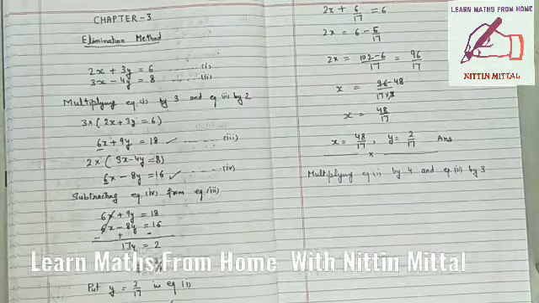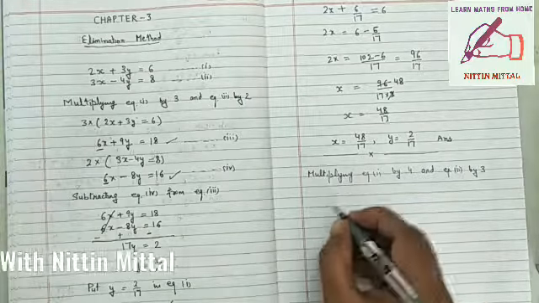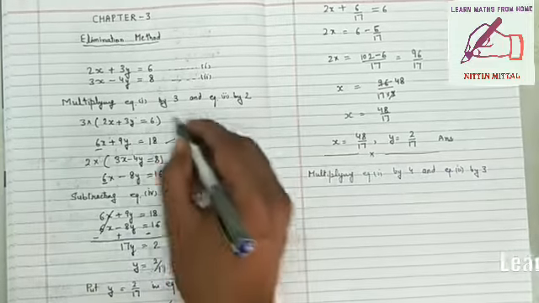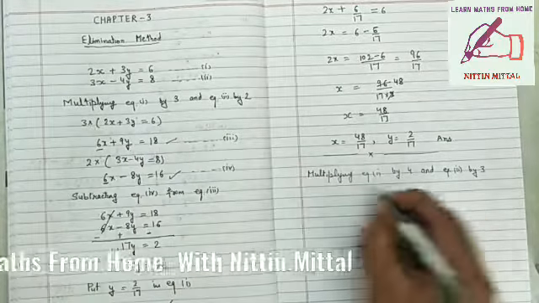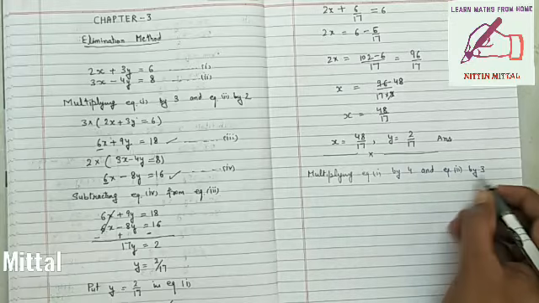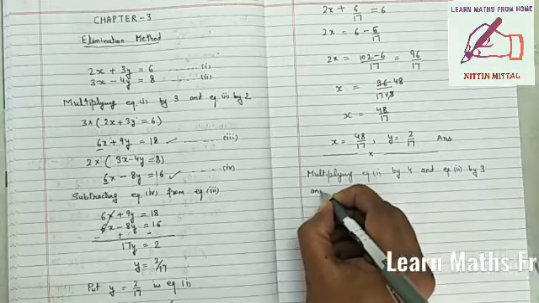So in this way, what you will get? Now what I have written is to explain you. You need not to show all this. You can directly write multiplying equation 1 by 4 and equation 2 by 3 and subtract